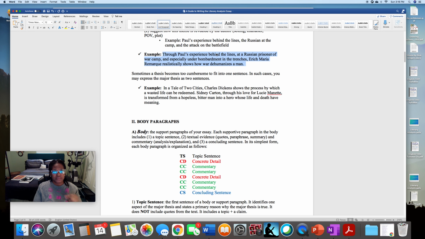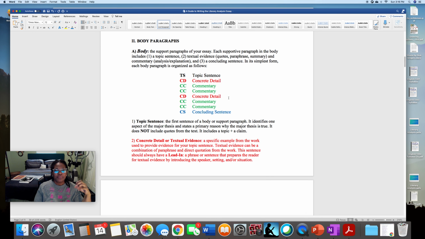After you have your thesis, though, you are pretty much set. And the next job is that you have to develop the body of your paper. I'm going to focus my time on the body of the paper here. And I'm using color coding in order to help give you a better idea of what your body paragraph should look like. Okay. The topic sentence is going to be in black. The topic sentence is one of the ways or points that you use to support your thesis statement. Right?